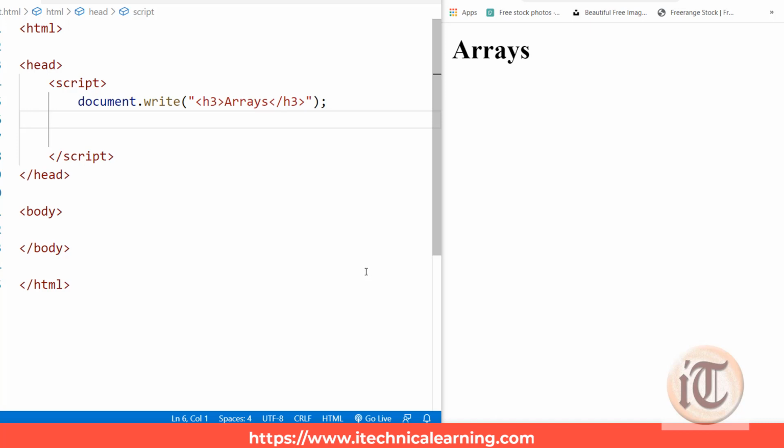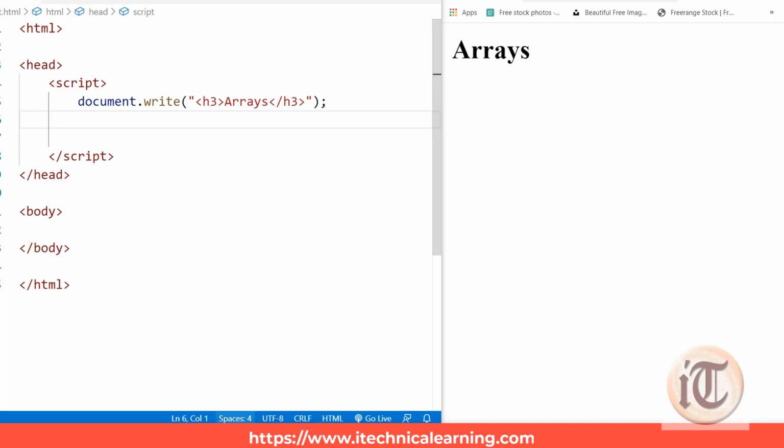In the last lecture we discussed the concept of objects. So in this lecture we'll first take a look at what the meaning of an array is and how JavaScript uses arrays, and what the properties and methods associated with arrays are. And then at last we'll compare when we have to use arrays and when we have to use objects. So there will be a basic differentiation between arrays and objects.